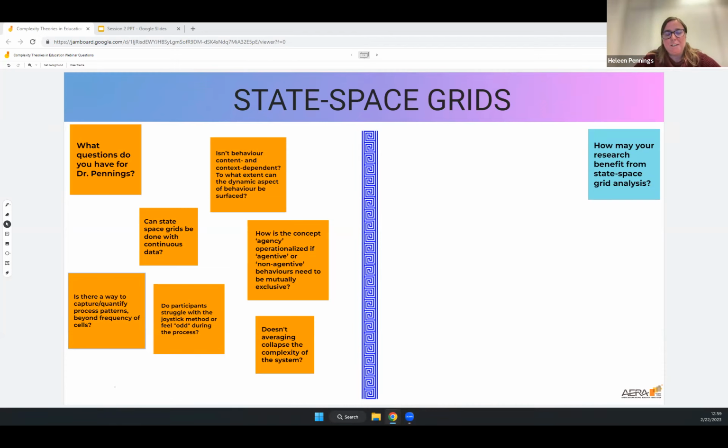But we converted this to categories, and then also to events, so that we didn't have a node in the state space grid every half second. We converted our time series to be able to use it in state space grid analysis. So it is possible, but it depends a little bit on the data that you have.